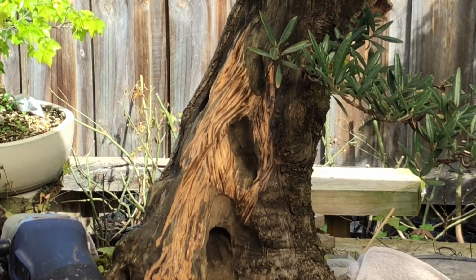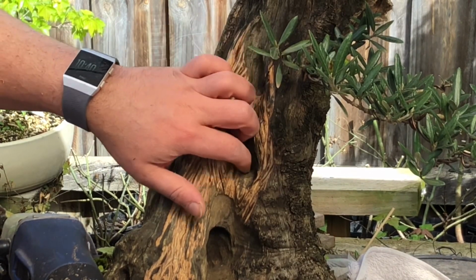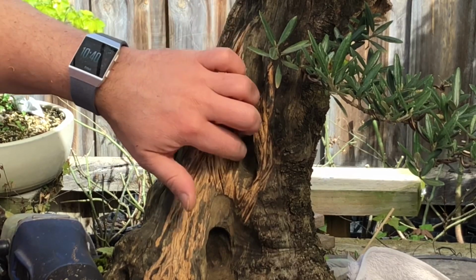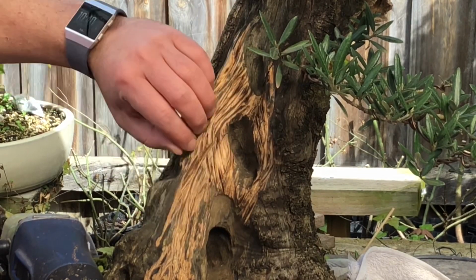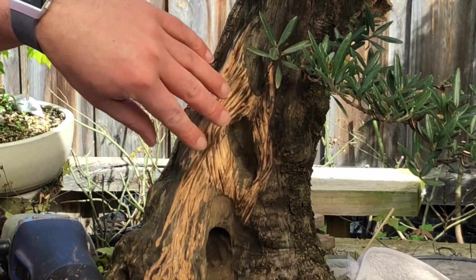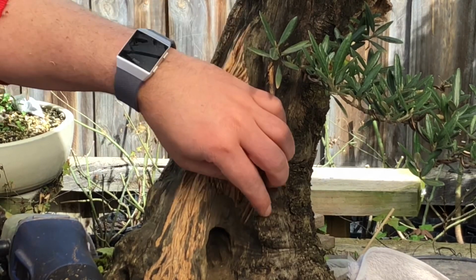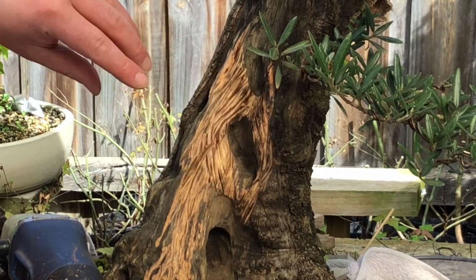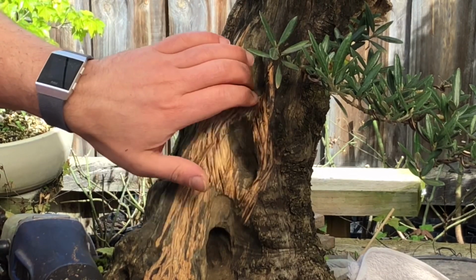So I just stopped the work just to show you what I'm trying to do. There's this nice big hollow, there's a couple of hollows in here. What I want to try and do is make it kind of expanded, like so, these grooves I'm trying to make around it. So it looks like it's giving you that depth, that there's a hollow in there, and the tree's weathered out